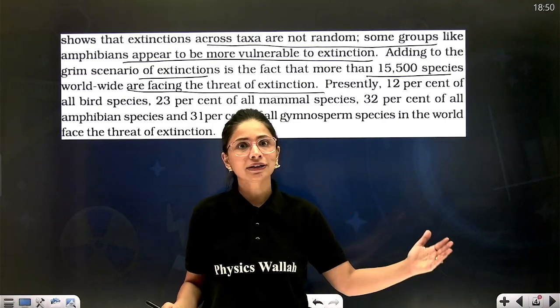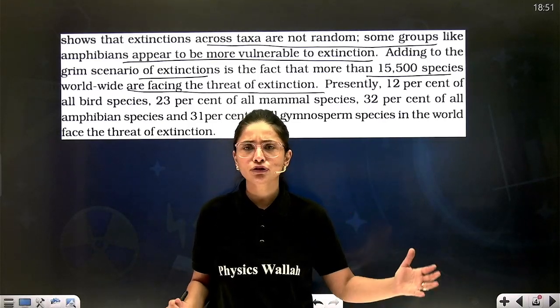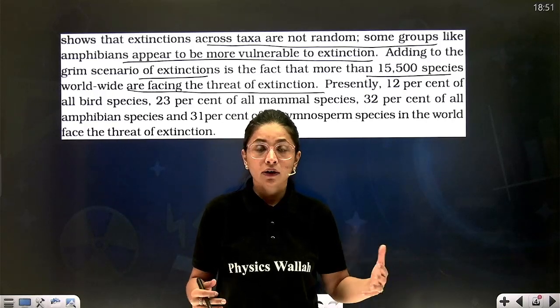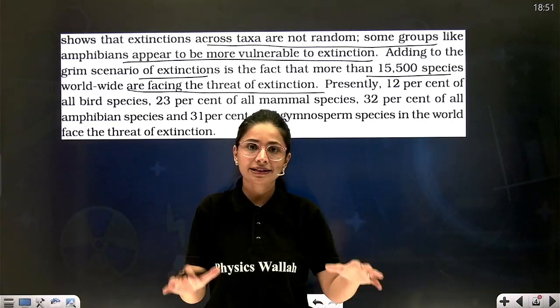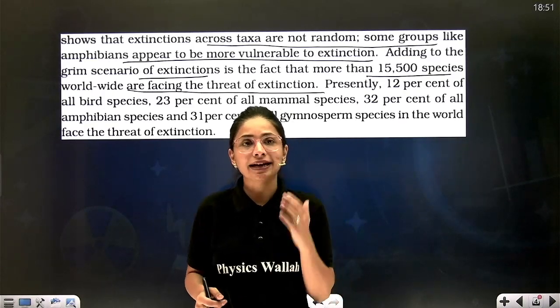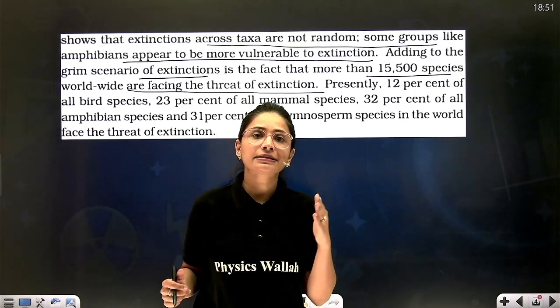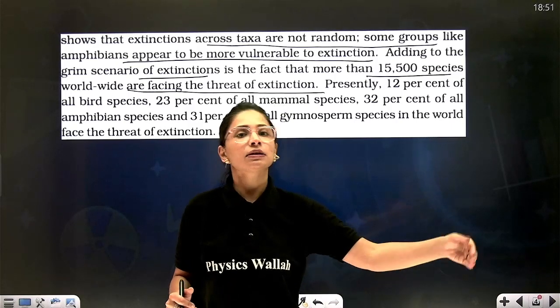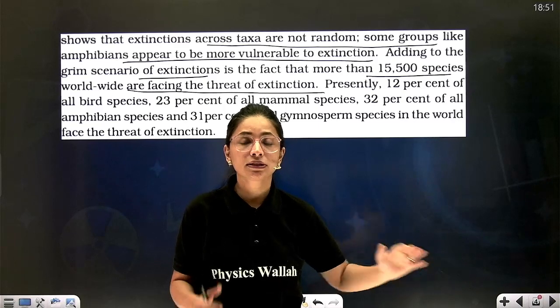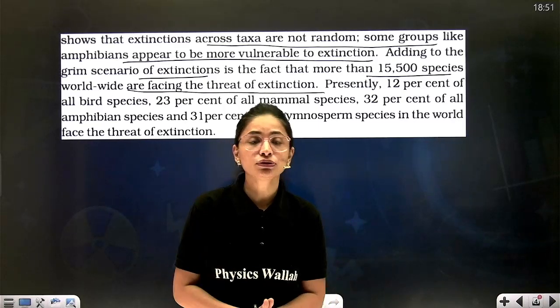We are colonizing the forest, we are cutting down the trees, we are practicing hunting and poaching for our economic benefit. We are not stopping. As a result, the biodiversity due to human intervention is at great risk. And it is said that if the same scenario continues, then 15,500 species will be lost due to such activities